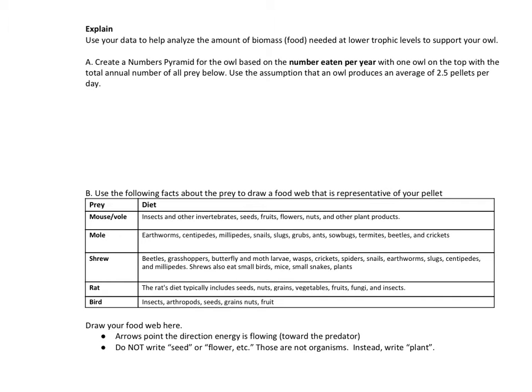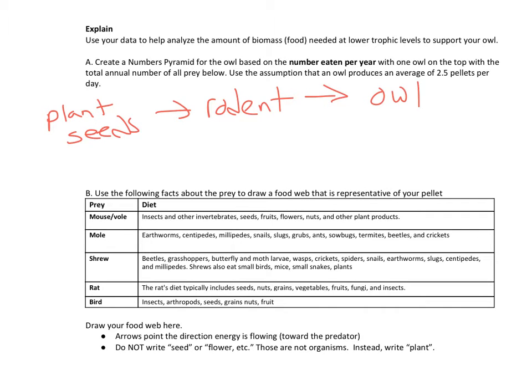So on this, your explain, your food chain is going to be some sort of a producer or a plant that has like seeds, and that is going to be eaten by your rodent, and then that rodent is going to be eaten by the owl. So we're looking for here a pyramid of numbers. So we're looking for numbers of individuals. So our top, we have 1 owl,